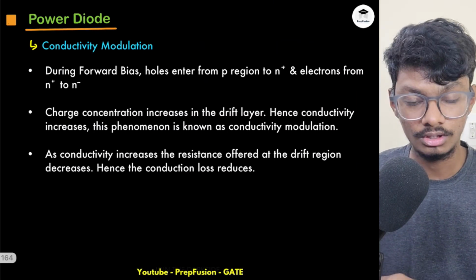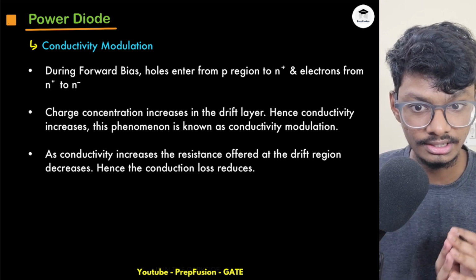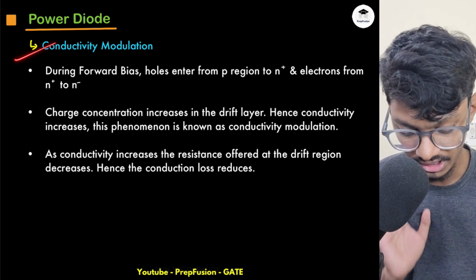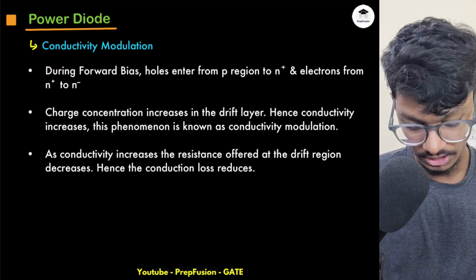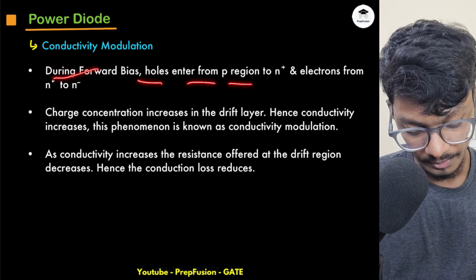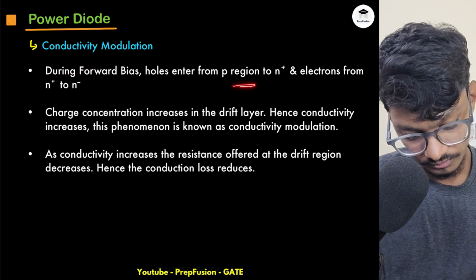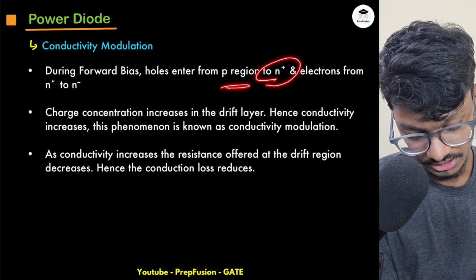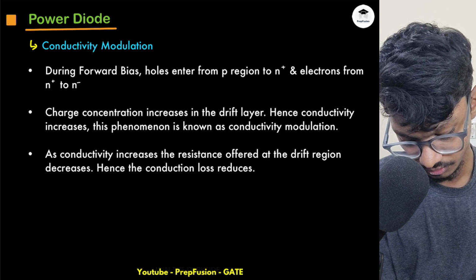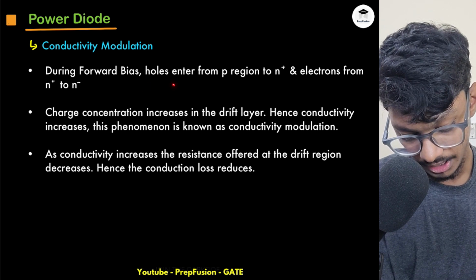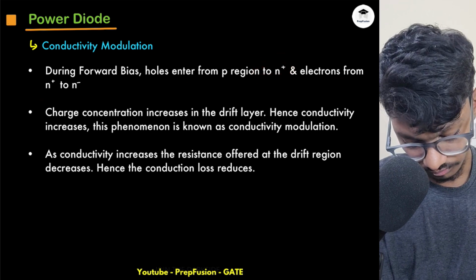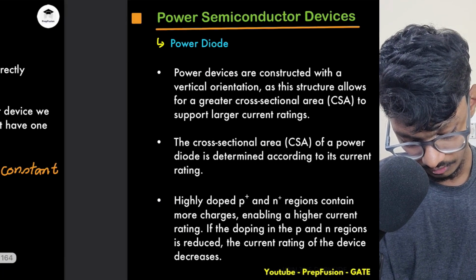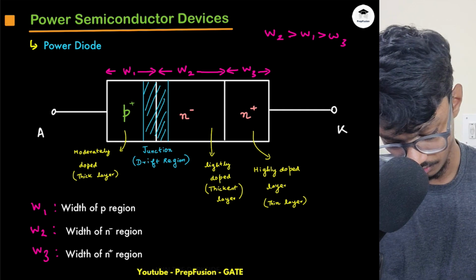So let's now go to another part, that is the conductivity modulation. So what is conductivity modulation? This is during the forward bias. During the forward bias, holes enter from the P region to N plus, and electrons from N plus to N minus. So if I just copy the structure of this diode,